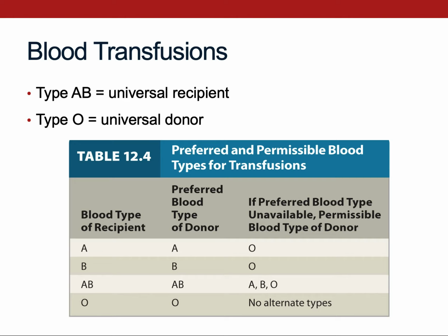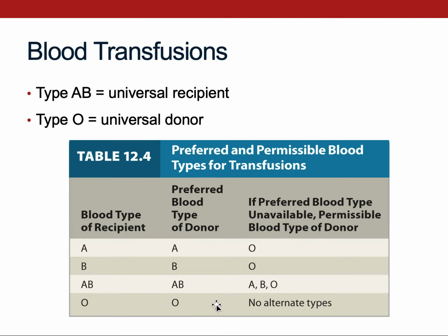Type AB blood is known as the universal recipient. Technically, type AB positive. We'll talk about the positives and negatives in a minute. And type O blood, specifically O negative blood, is the universal donor. When you look at the chart, you can see that if you have A blood, you want to always get